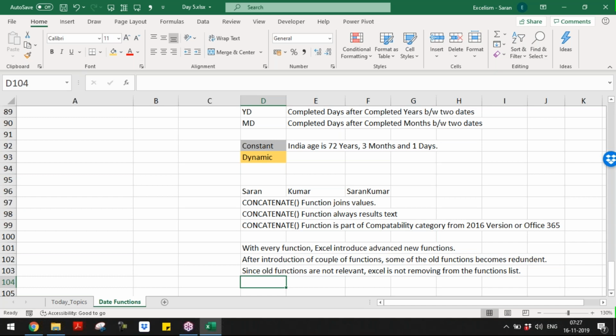It cannot. Example is the best one, NETWORKDAYS. After introduction of NETWORKDAYS.INTL, I need not use the NETWORKDAYS function, right? Why? Because NETWORKDAYS.INTL is more advanced compared to NETWORKDAYS. WORKDAY.INTL is more advanced compared to the WORKDAY function. Just because they introduce the advanced function, if they remove the NETWORKDAYS function, you know what will happen? Let's say, for example, I am using Office 365, which is 2019, and one of my staff has sent me an Excel file.